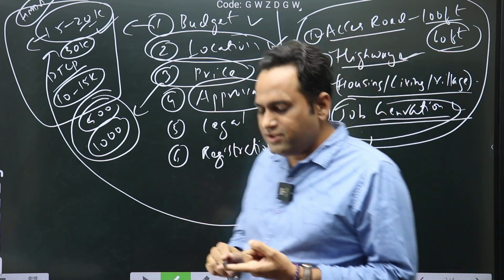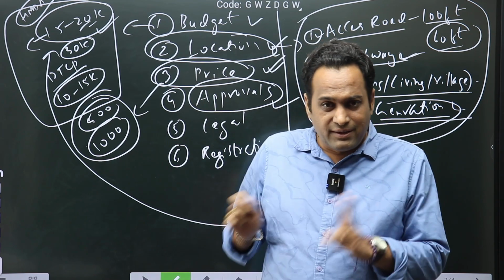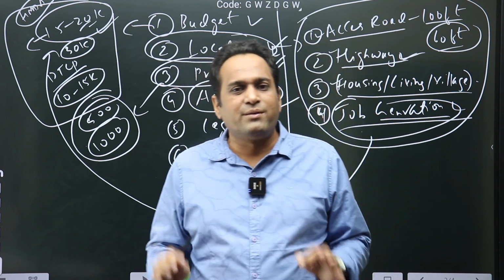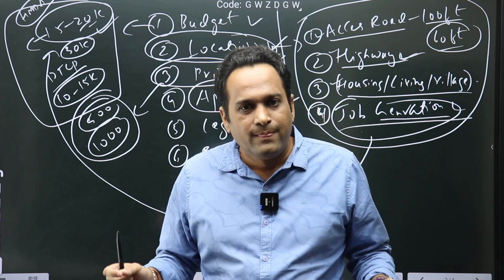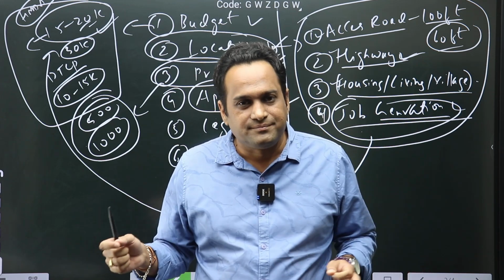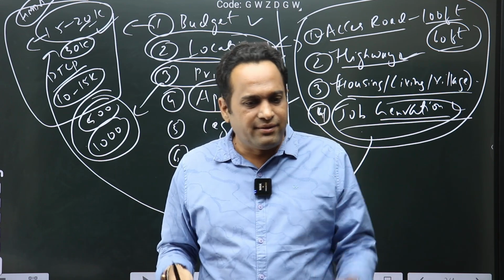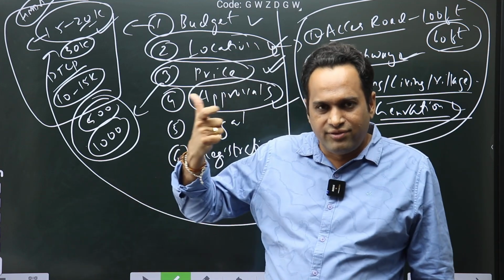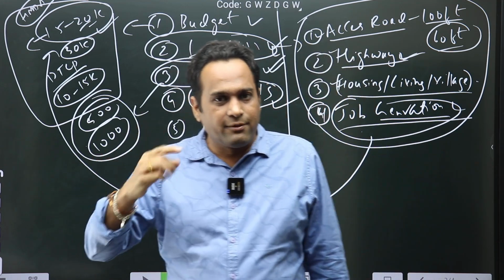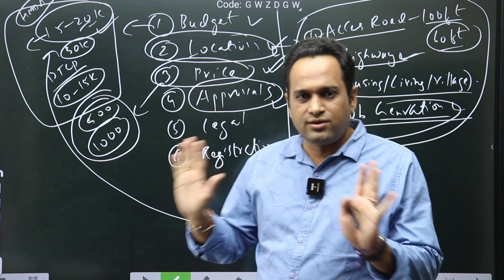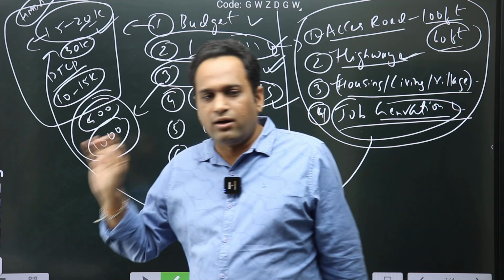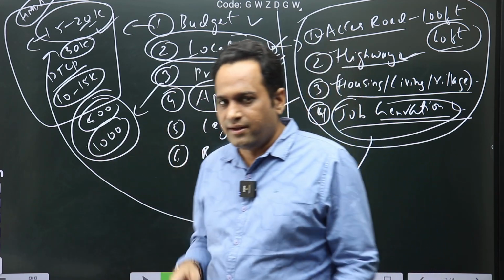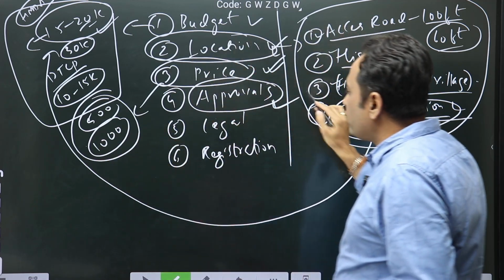So, DTCP permission, RERA permission, DTCP plus RERA, HMDA plus RERA. These two permissions are mandatory right now if you're buying a plot in HMDA or DTCP. Go and verify it. HMDA you can do it online. DTCP you have to do offline. But if there is a RERA approval, which is mandatory by the way, you can verify in RERA and you can just feel satisfied that they cannot upload a fake document in RERA website. Got it? So that's how you can check approvals.